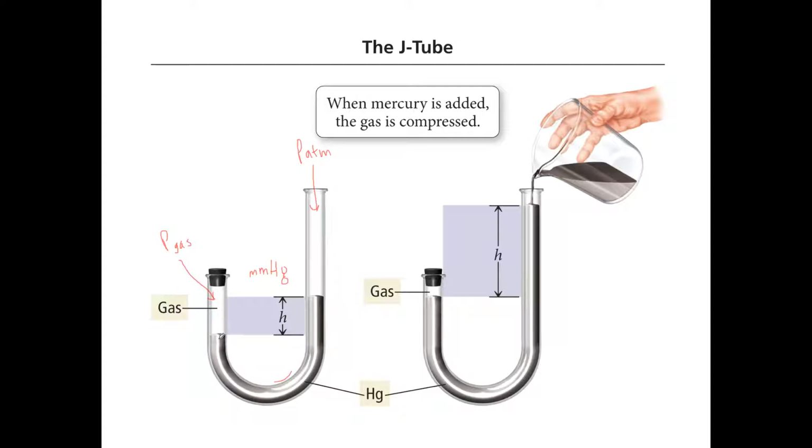Because it's pushing down harder, right? How much harder? Well, that much harder. There's the difference between the two. So the pressure of the gas is greater because it's pushing that surface down harder than the atmosphere is pushing that surface down. Okay? So what Robert Hooke and Robert Boyle did was they increased the pressure in this gas